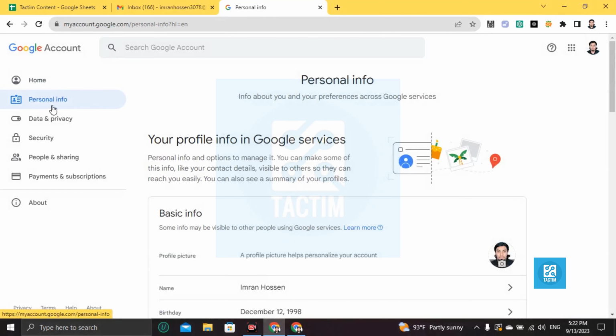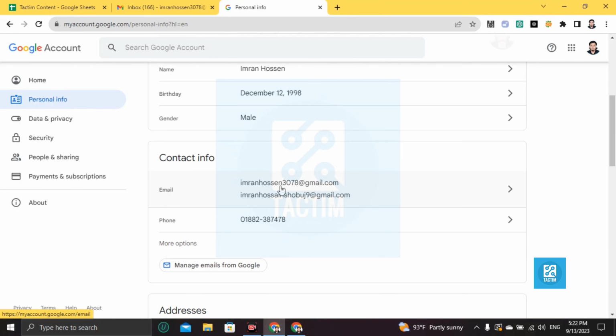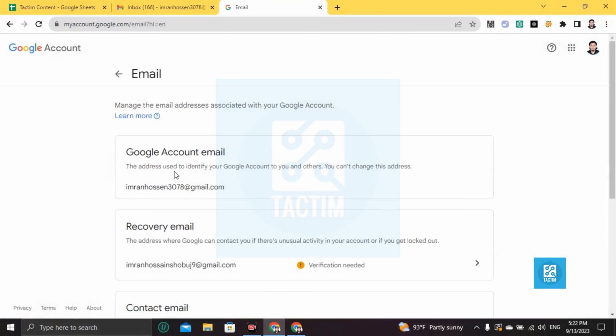Here you can see personal information. In contact info, here's your email. This address cannot be changed. It is the address used to identify your Google account and your others. So this address cannot be changed, but what you can do is open a new Gmail account